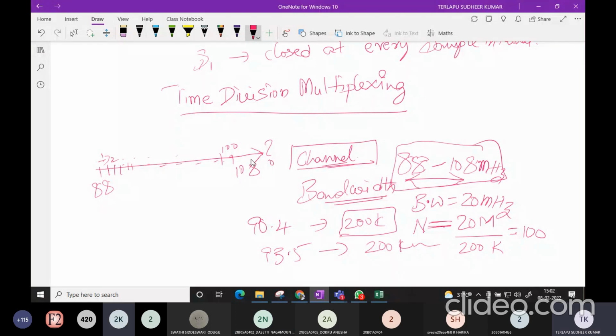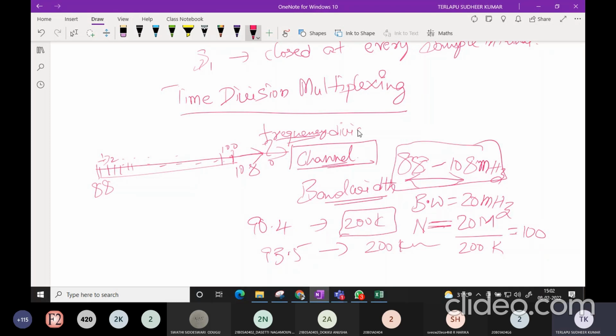What is this? Frequency. Because 88 to 108 is allocated for commercial FM radio broadcasting, and we know that each radio station occupies 200 kilohertz, we divided the available spectrum from 88 to 108. So the frequency is divided,